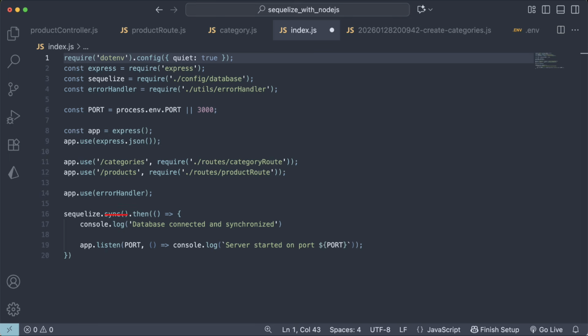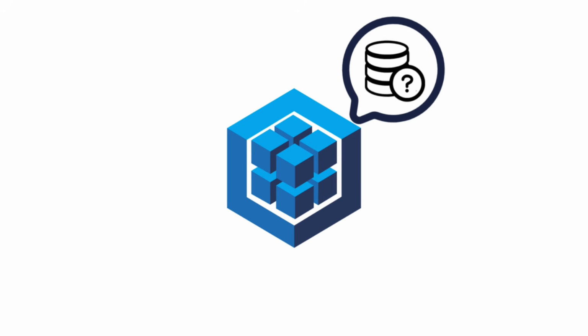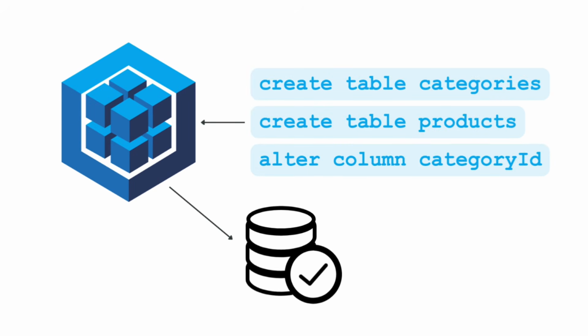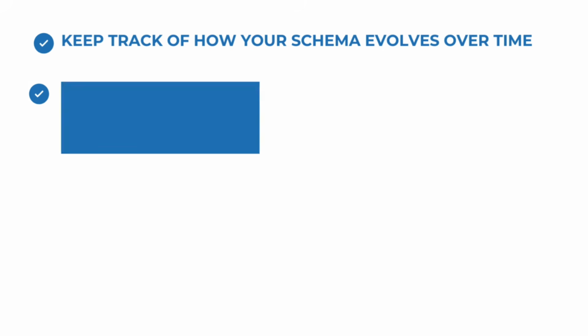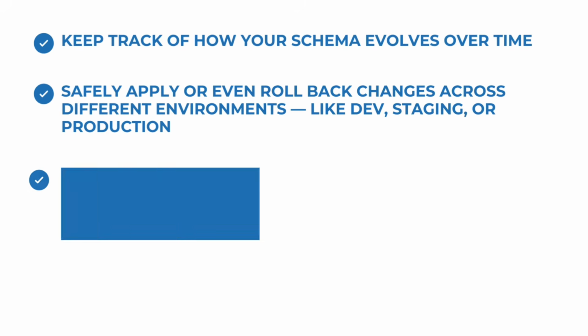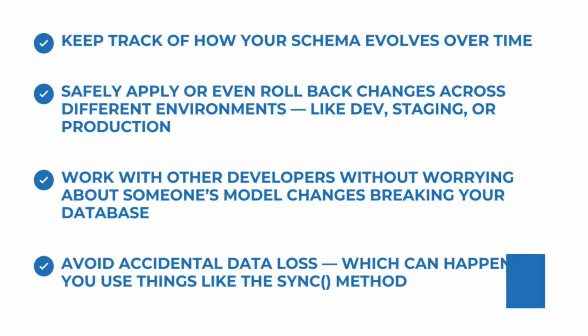This is important because migrations give you full control of your database changes. Think of it like this: instead of letting Sequelize guess what your database should look like, you define every change step by step. That means you can keep track of how your schema evolves over time, safely apply or even roll back changes across different environments like development, staging, or production, work with other developers without worrying about someone's model changes breaking your database, and most importantly, you avoid accidental data loss, which can happen if you use things like